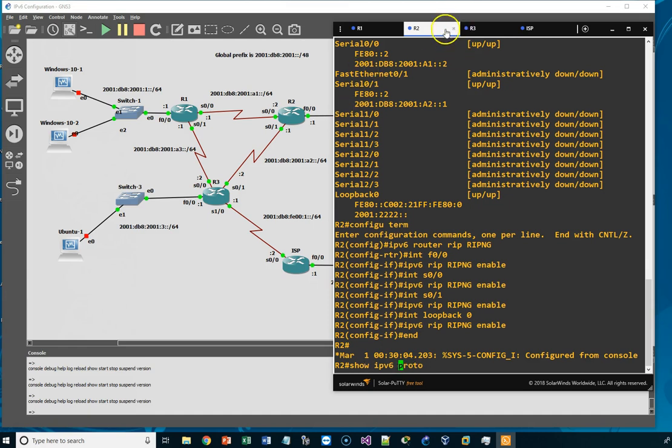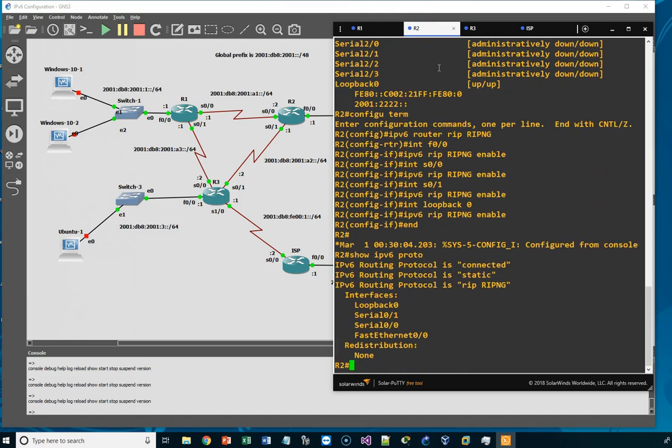We will make the configuration on router 2 only, just to see the output. The show IPv6 protocol command is used to display the parameters and the current state of all active